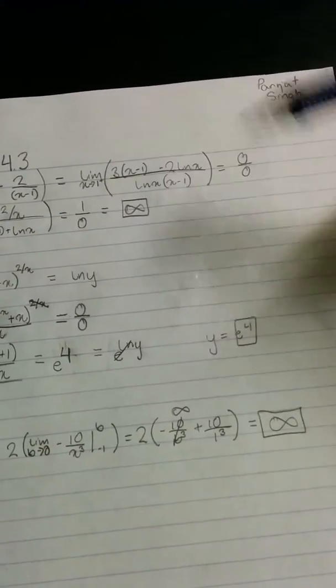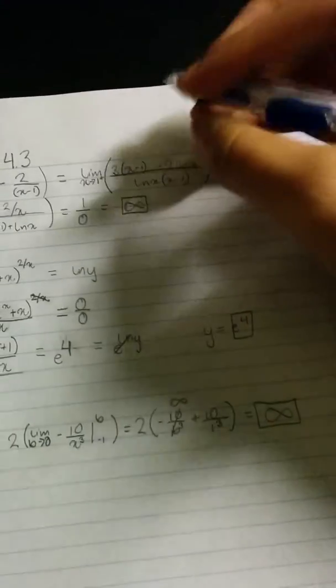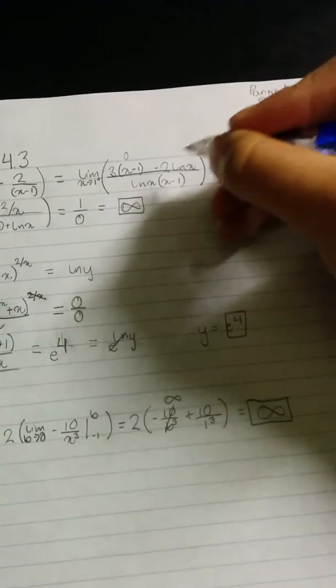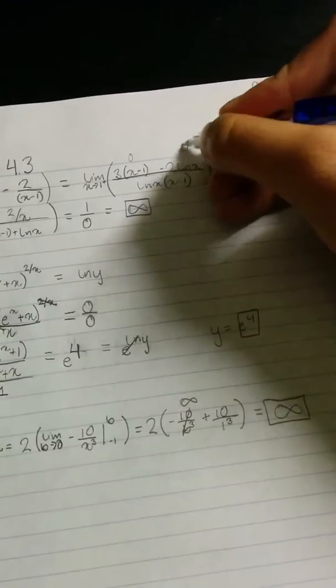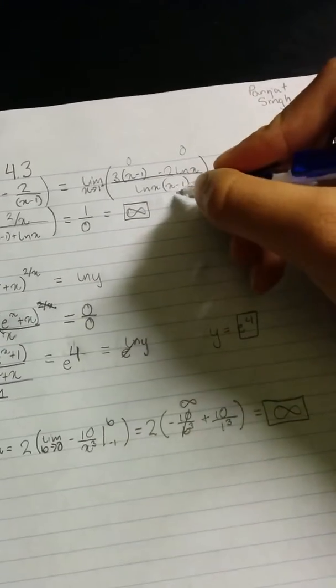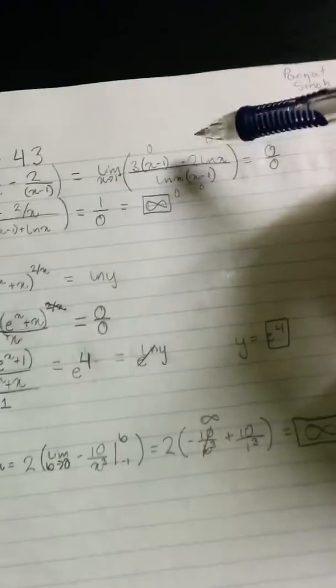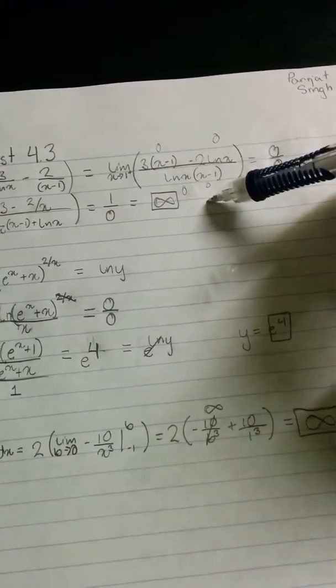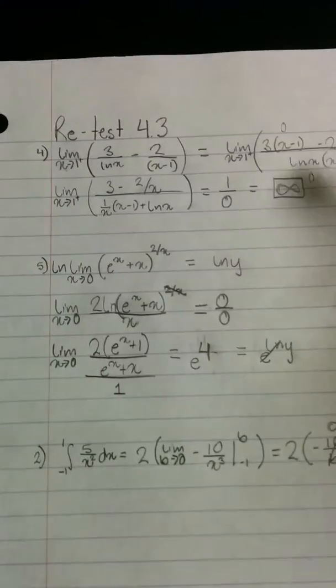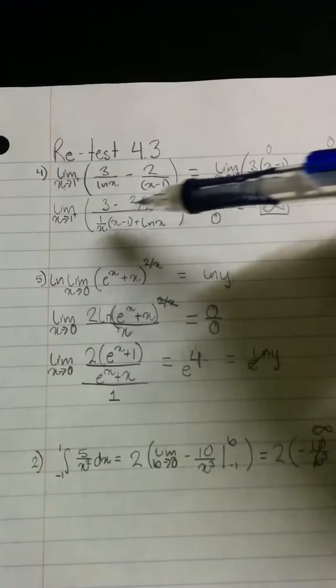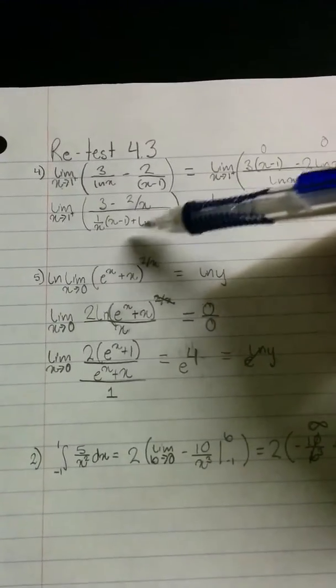So if you plug in 1 on top here, that becomes 0. That also becomes 0, and on the bottom, that's 0 and that's 0. So overall, it's 0 over 0, so we can do L'Hopital's. So what we'd have to do is take the derivative of the top and the derivative of the bottom. And as you can see, that's 3 minus 2 over x over 1 over x times x minus 1 plus